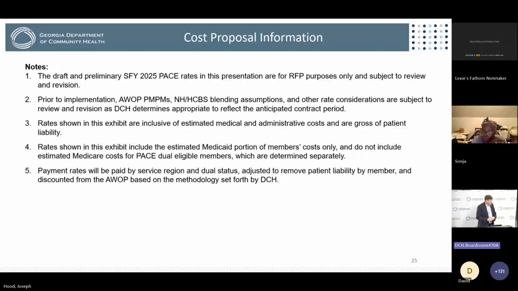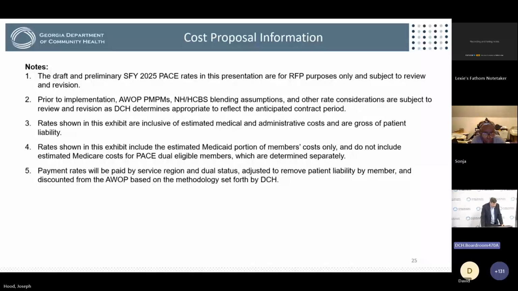When we visited the National PACE Association and did site reviews, that was one of the questions I asked, and it was a small percentage, but almost every one of them had some percentage that was in nursing home care at some point in time. So that's why we felt it's important to encapsulate that in the rate from the very beginning. So this is a blended rate that has all the component parts, including the projection that a percentage will ultimately be in nursing home care.